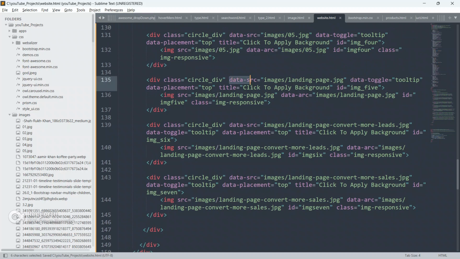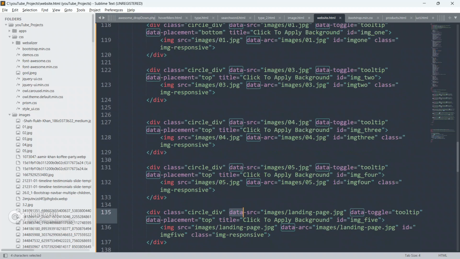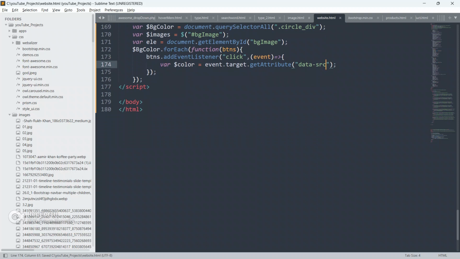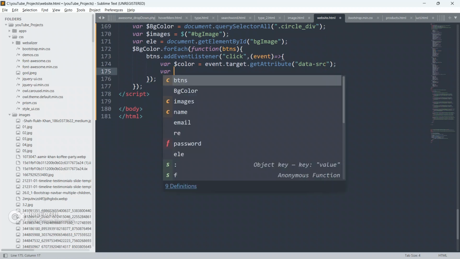Which attribute, guys? We are going to get this src attribute. Okay, see, we are going to get this src attribute. So paste it here.